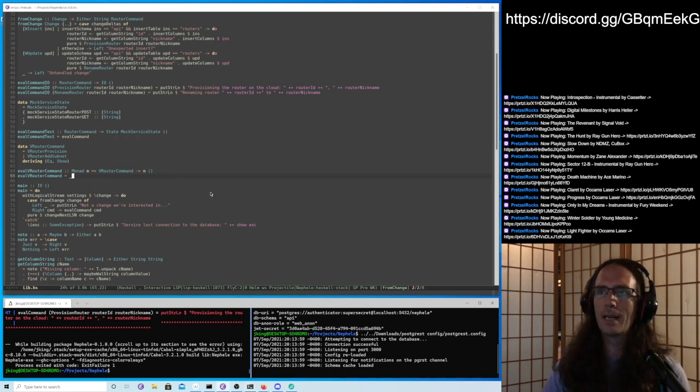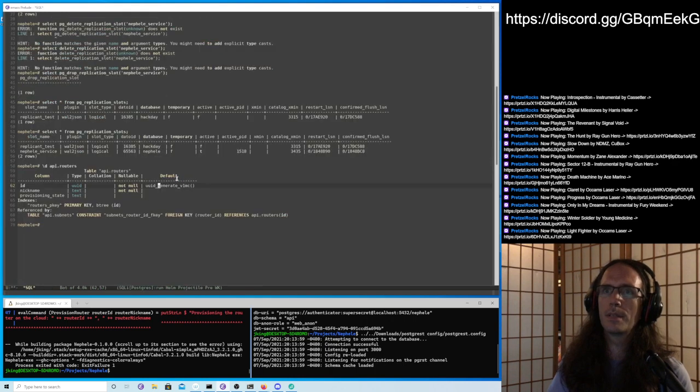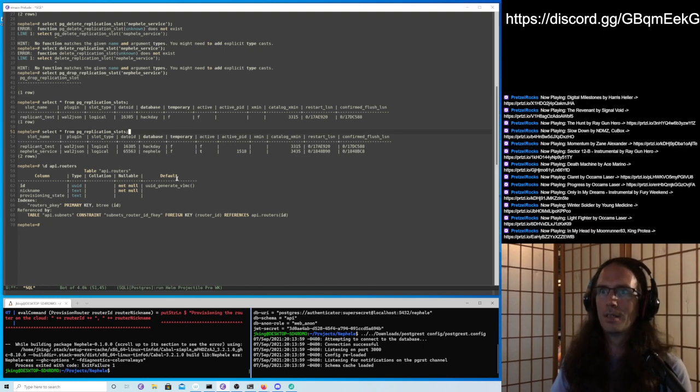We can even go back into our database and update the status of our physical tables, and then our API views will draw from those physical tables. So they'll draw the new state for our users. Our users will see that the router has now been provisioned when they go and query the API and look for their router, their virtual router.